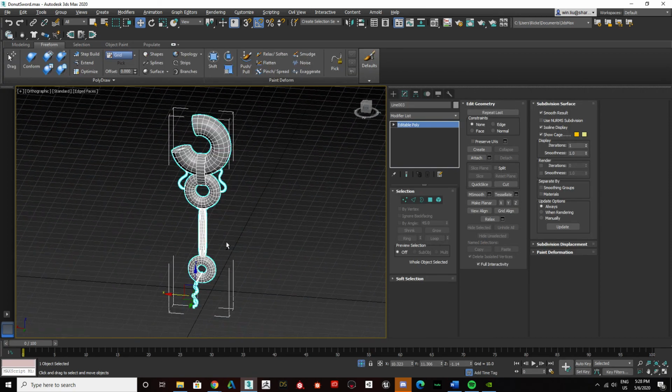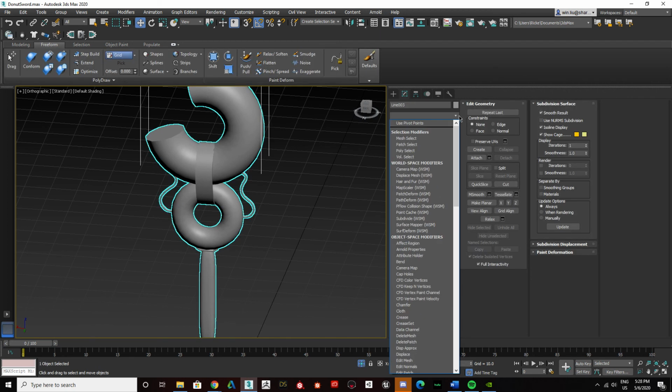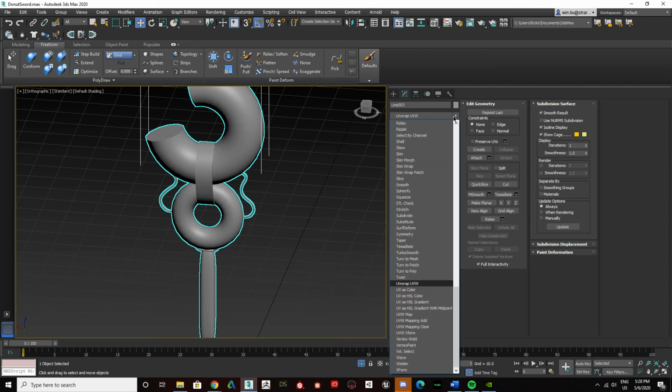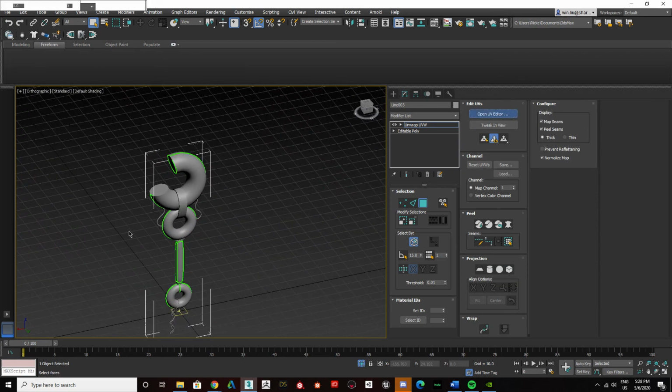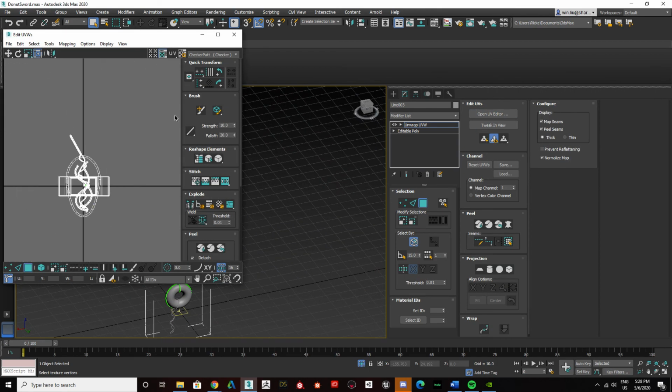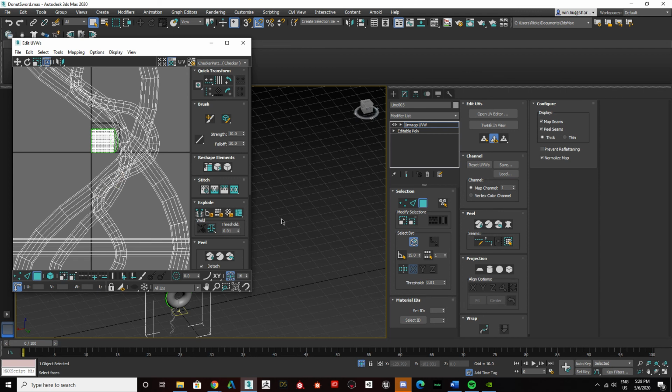Okay, so your model's complete. Now you're going to have to unwrap this. So we're going to select our model and look for unwrap. I just typed in UN, so it went down to unwrap UVW. You want to click that. Okay, so here are your UVs, right? A good way to start fresh, so you don't have all of this gunk, is